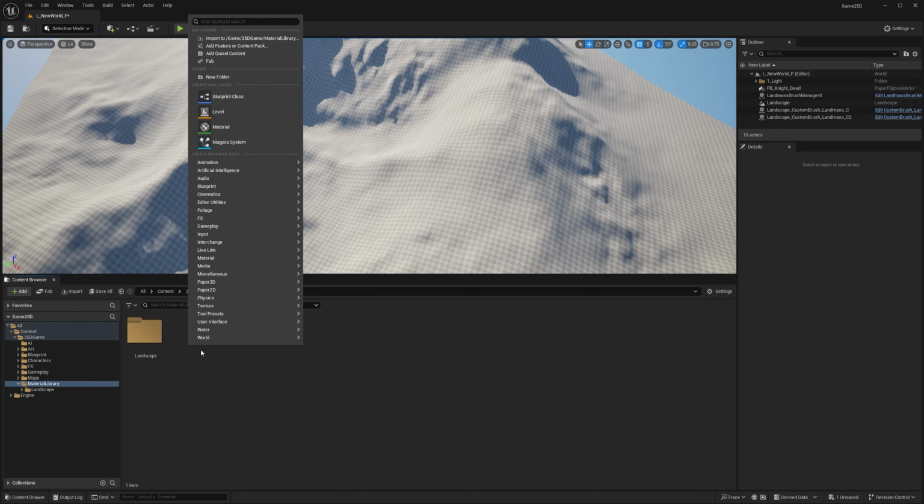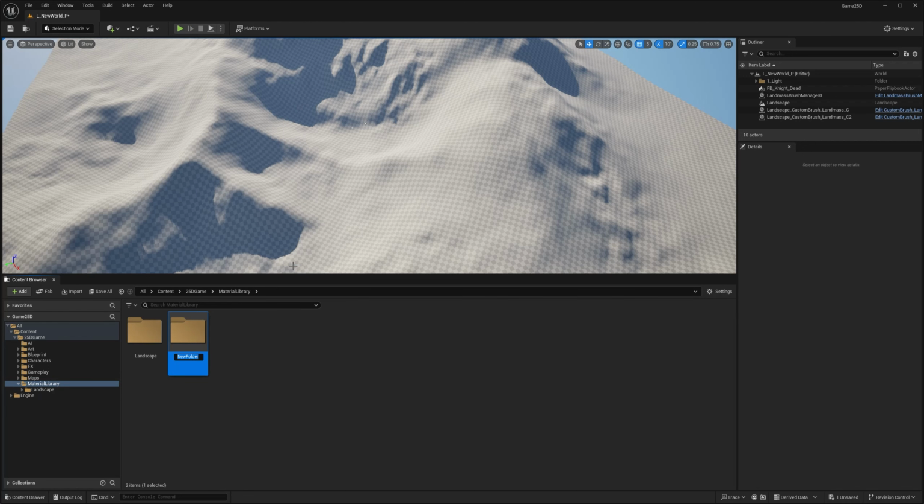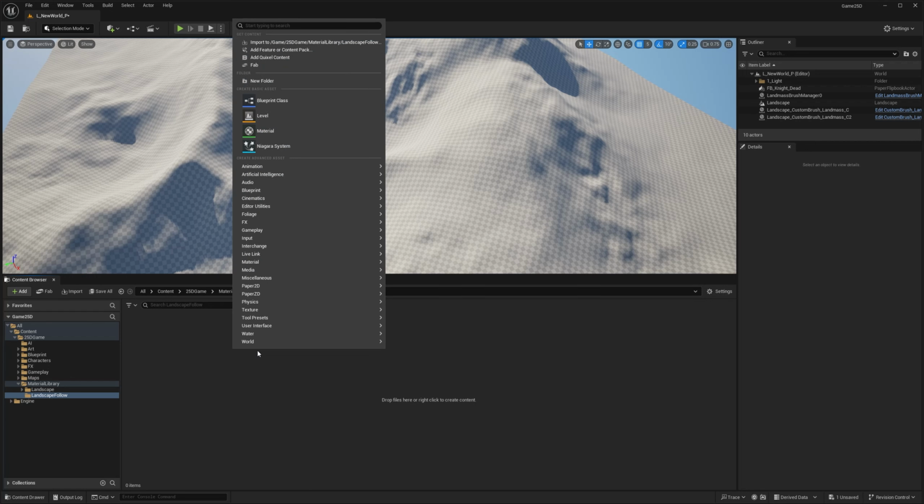So I'm going to go here, right click, I'm going to create a new folder, or you can use the hotkey Ctrl-Shift-N, and you're going to call this landscape follow, as in follow along. Double click it, and inside this folder, if this is the first time that you ever play with Unreal, you probably never created a material. So in order to do so, right click, and you're going to see that you have a create basic asset.